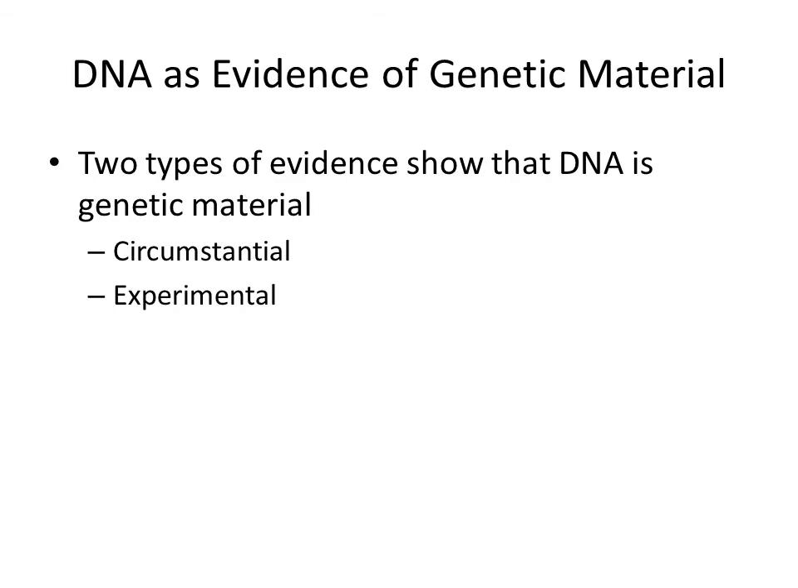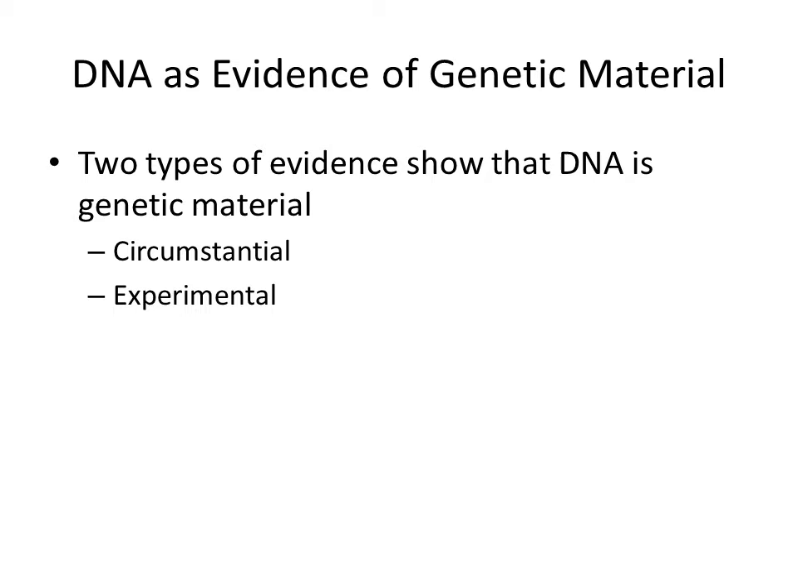In the late 1800s, early 1900s, scientists were really trying to figure out, is DNA actually the stuff that's causing heredity, causing the passing on of information from parents to offspring? So in order to lend support to these ideas, scientists had to come up with some circumstantial evidence, and they came up with some experimental evidence. So let's look at some of these things and try to figure out how we know DNA is actually the